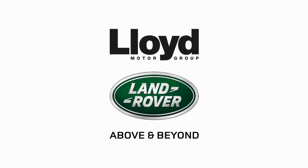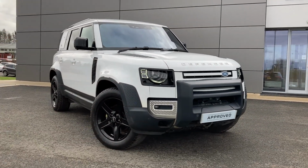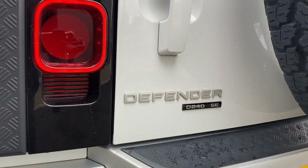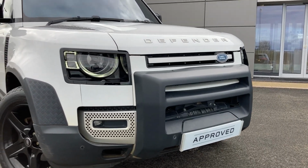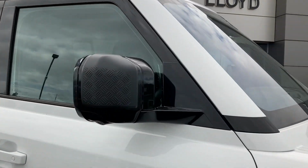Here at Lloyd Land Rover Kelso, we are pleased to present this Land Rover Defender 2-litre D240 SE 110, finished in Fuji White exterior paint, with 20-inch 5-spoke gloss black alloy wheels. Some of the standout features on this car include A-frame protection bar and winch, automatic LED headlights, checkers body protection